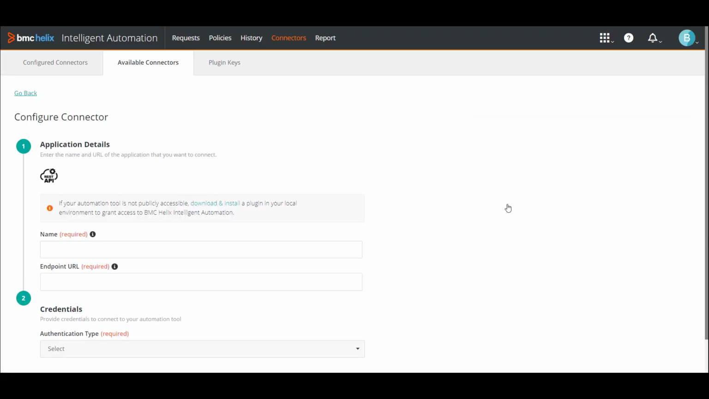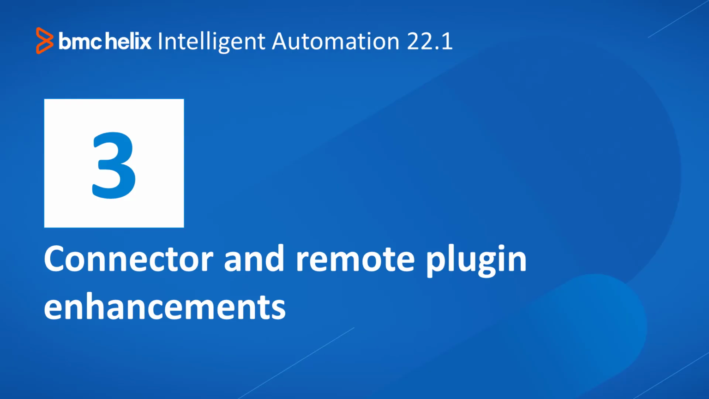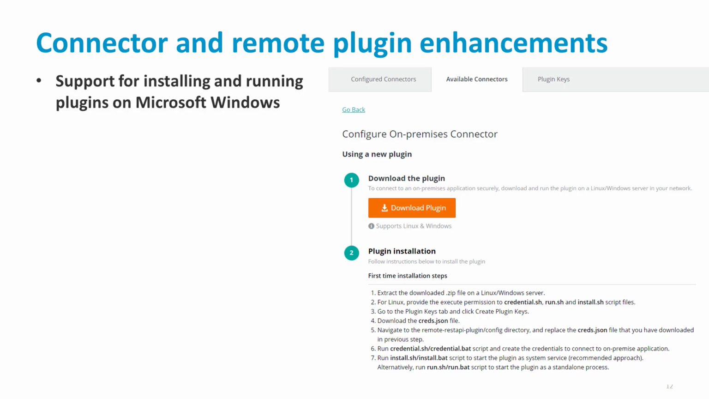Using the cloud or on-premises REST API connector, you can create policies in BMC Helix Intelligent Automation that execute the actions in the connected third-party applications. While we are talking about new connectors, let's also look at some of the enhancements made to the connectors in general. You can download the plugin required for connecting with on-premises applications by using a connector on both Linux and